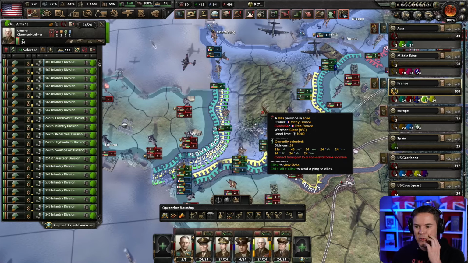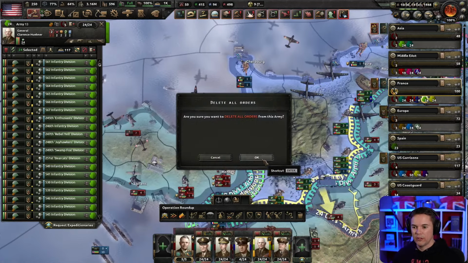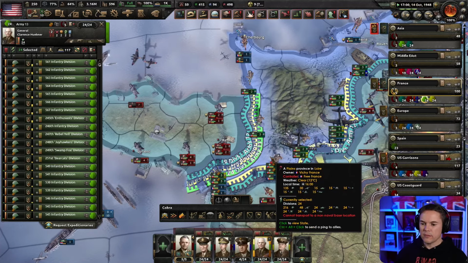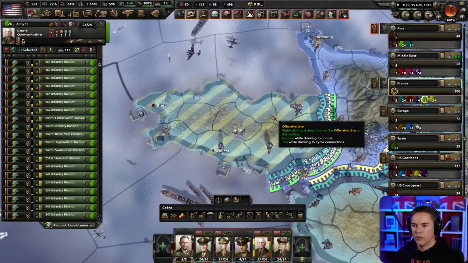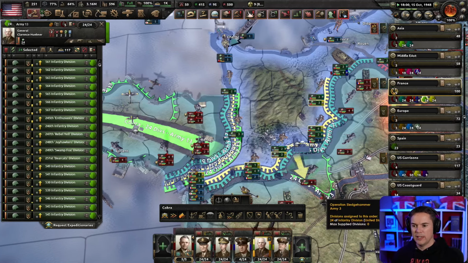I'm going to have an army of 24... Yes, I am. Hang on. I am going to do this. It's because they've got a fallback line. There we go. 24 divisions coming over. And assign them the order to attack that place. So we are going to get it. And when they get in, we're going to...